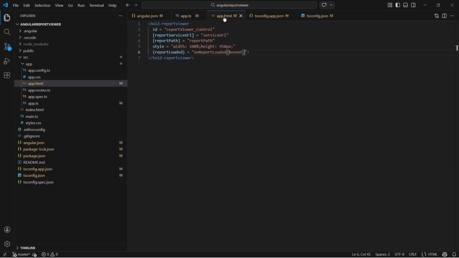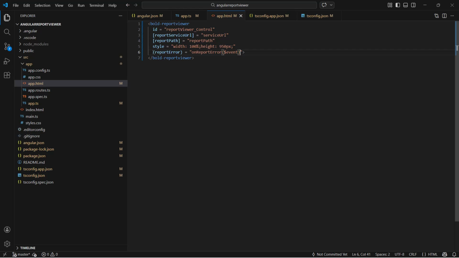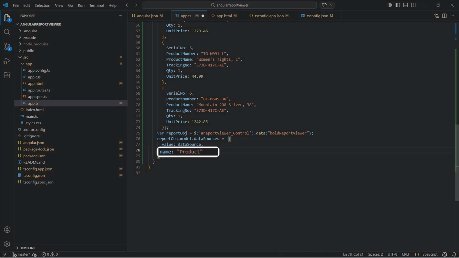Next, I go back to the app.html file and add the event binding for report error. This event triggers when an error happens during report processing. A quick way to demonstrate this is to intentionally provide a wrong dataset name. I change the dataset name from product list to an incorrect name, product sales,